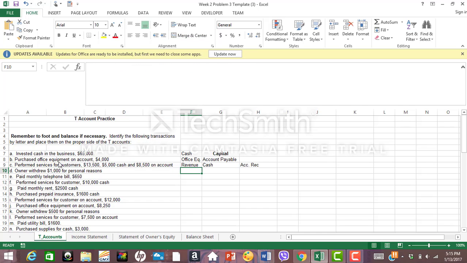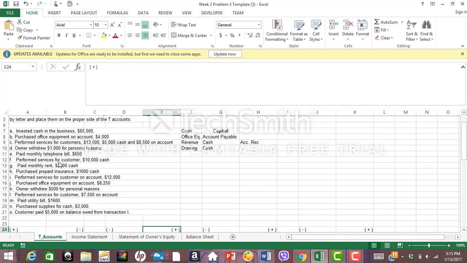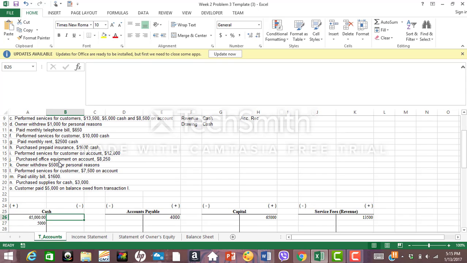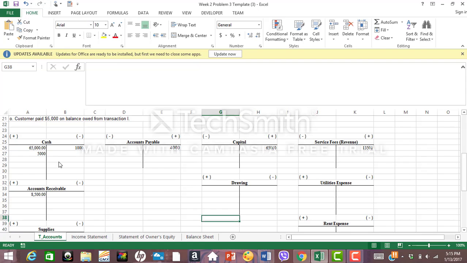The next transaction is owner withdrew $1,000 for personal reasons. So drawing is affected and cash is affected, and that would be for $1,000. So we credit $1,000 under cash and we debit drawing for $1,000, and we are done with